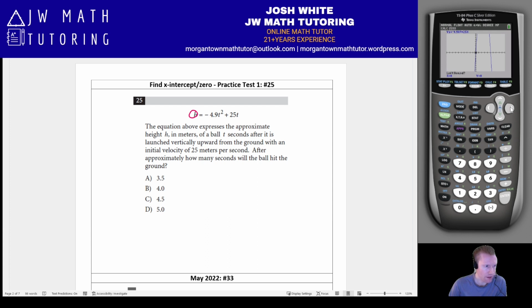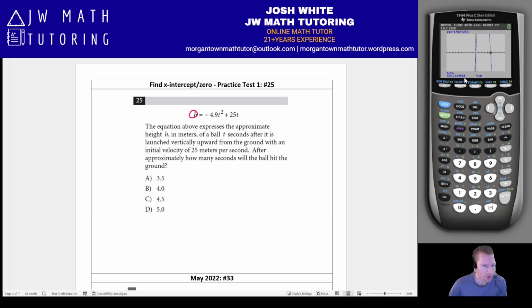Okay, now it asks for left bound. So I'm just going to have to move my arrow over here a bunch of times. Okay, just as long as I'm to the left of my zero, that's fine. I'll hit enter. Then for the right bound, I'll move to the right of my zero and hit enter. Now for my guess, just get as close as possible. Okay, now it comes back as